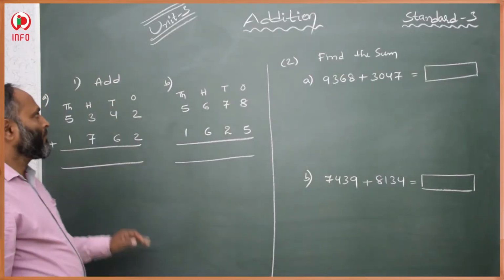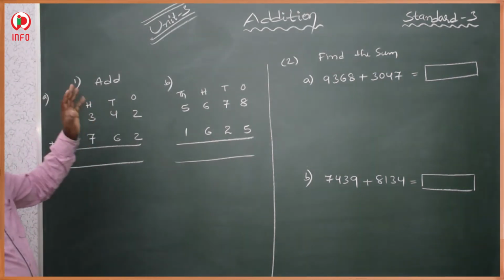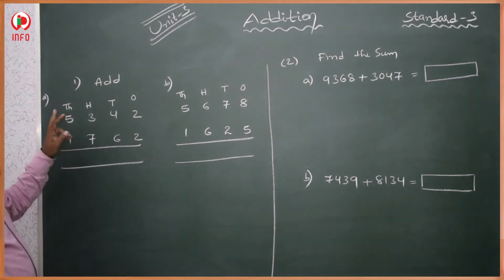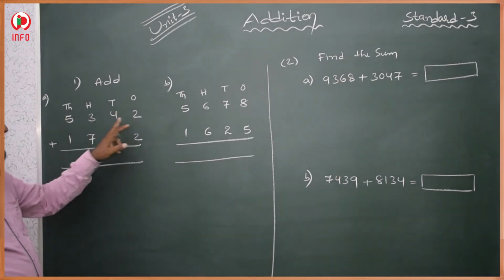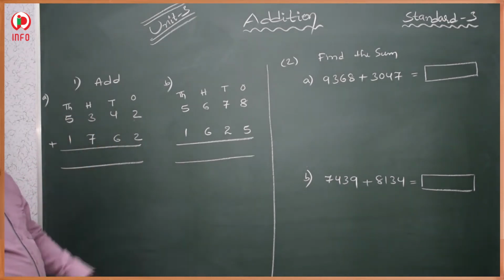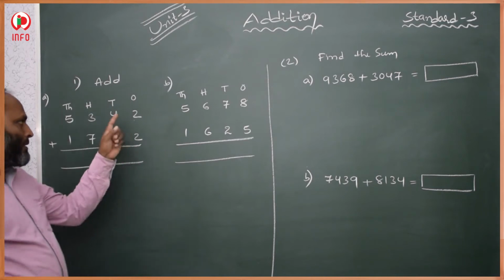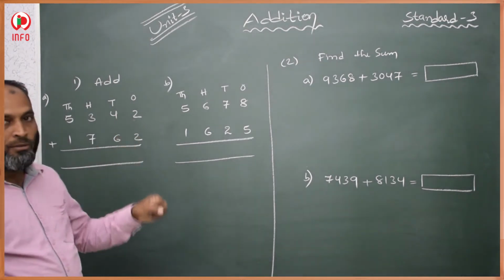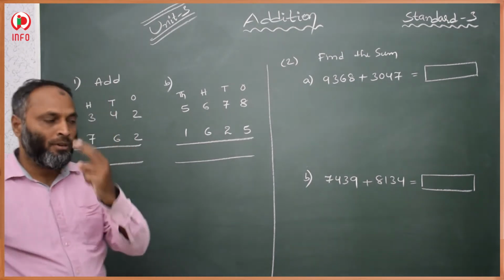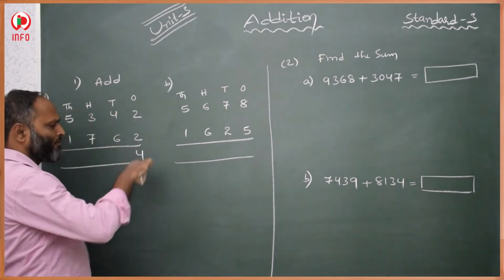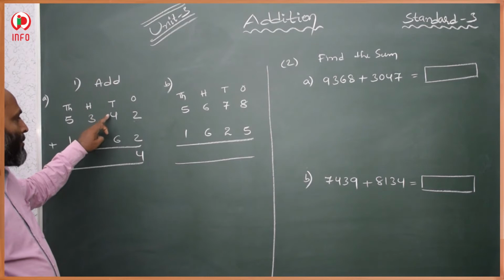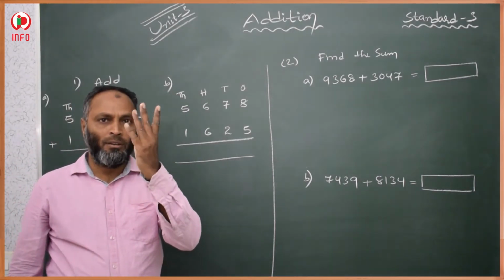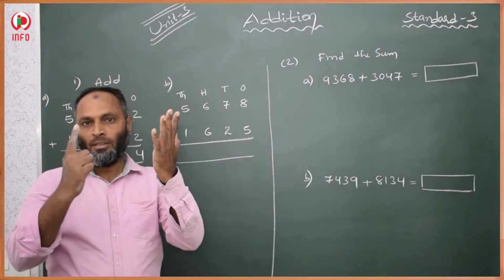Now students, here addition is given, again two sums, similar to what we discussed previously. Here 5342 is given, and 1760 is given. Then how to add? First, in the ones place, 2 and 2 are there, and 2 plus 2 is 4. Here the answer is 4. In the tens place, 4 and 6 are there: 4, 5, 6, 7, 8, 9 and 10.